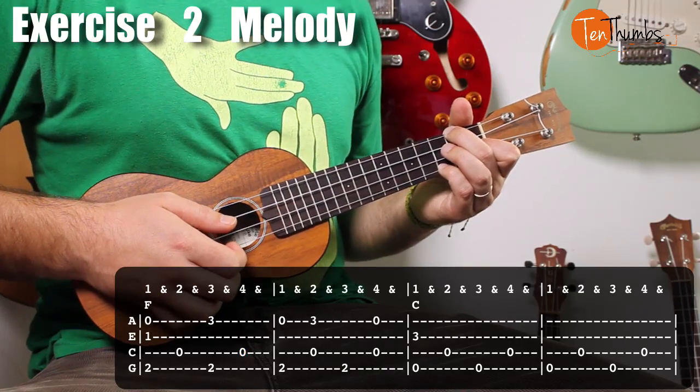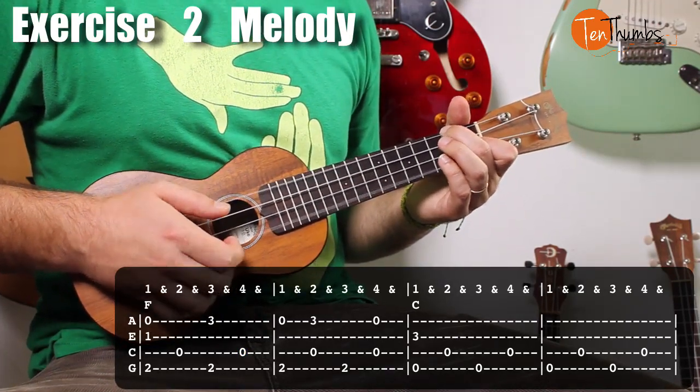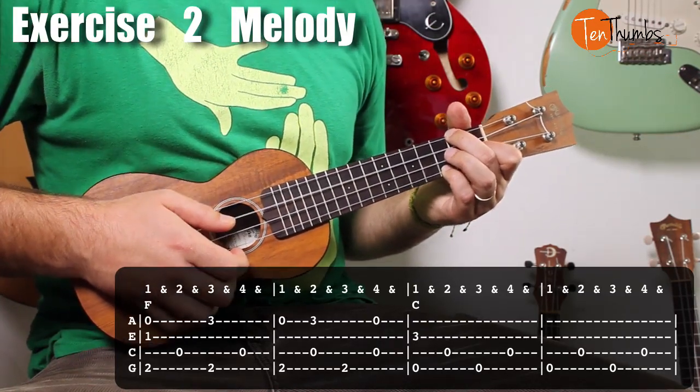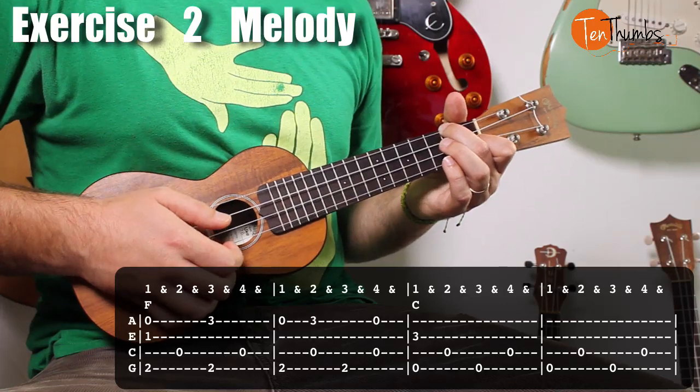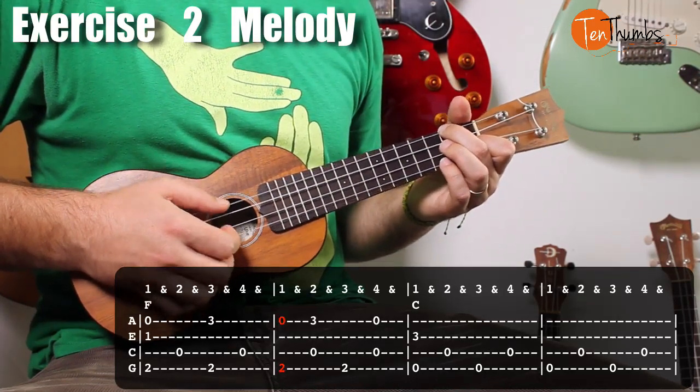Alright, the next bar is a little more tricky. We're going to take our pinky off, play the G and the A string at the same time, put it back on for the C and the A string, only play the G string, and then play the open C and the A. So the 2nd bar is,